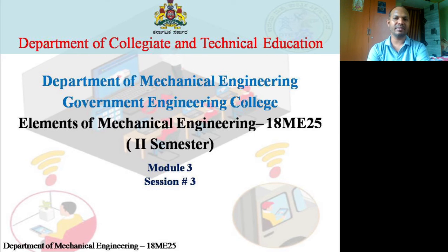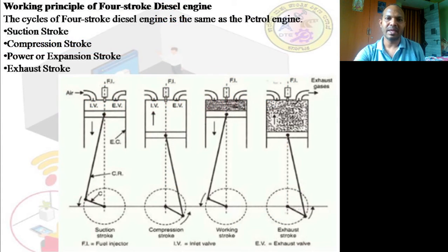Before that, I just want to discuss the two-stroke and four-stroke diesel engines. Two-stroke and four-stroke petrol engines we have studied. Let us go for the two-stroke and four-stroke diesel engines. Unfortunately, though two-stroke diesel engines existed earlier, they have now become obsolete. People are not going for two-stroke diesel engines because of their limitations and very low efficiency. Even in your syllabus there is no two-stroke diesel engine as such. So let us go for the four-stroke diesel engine.